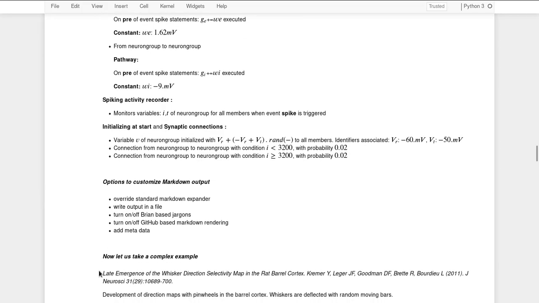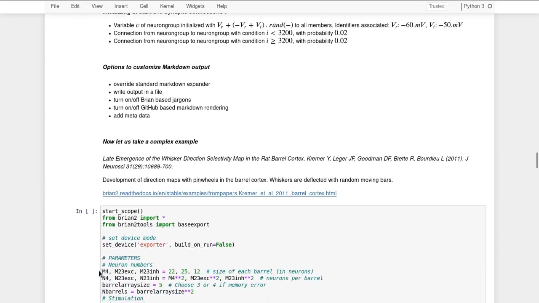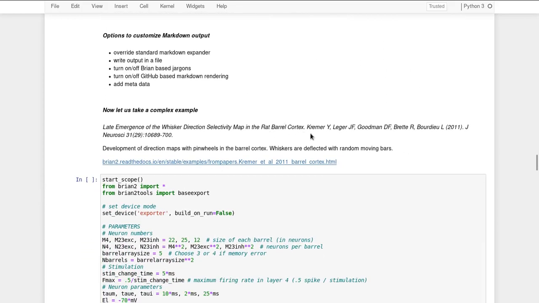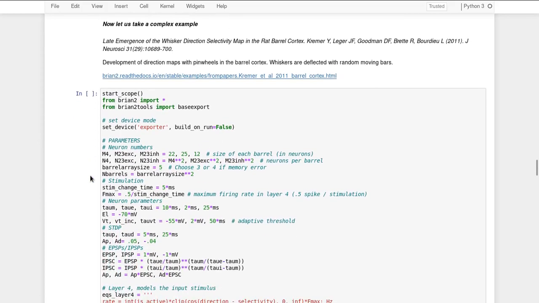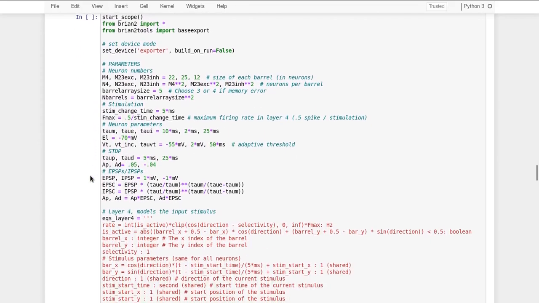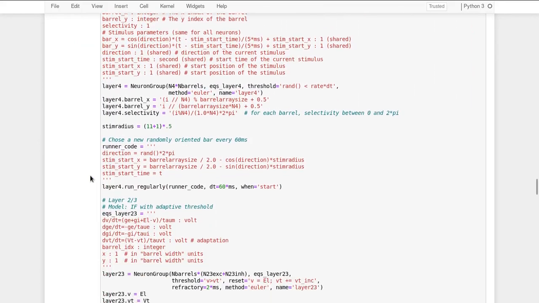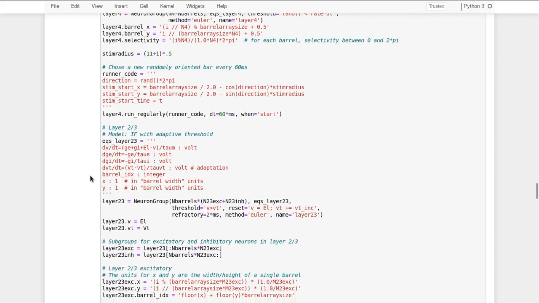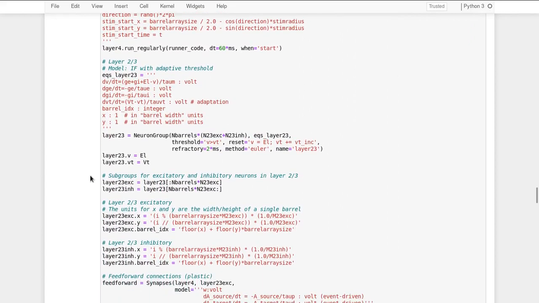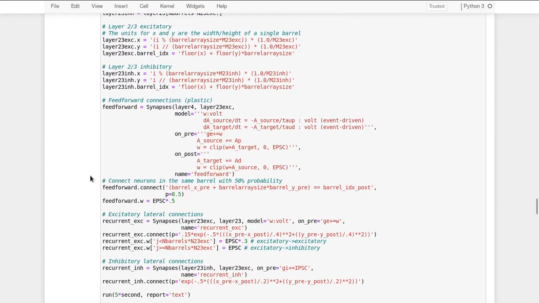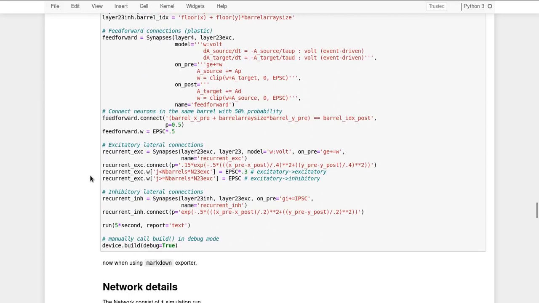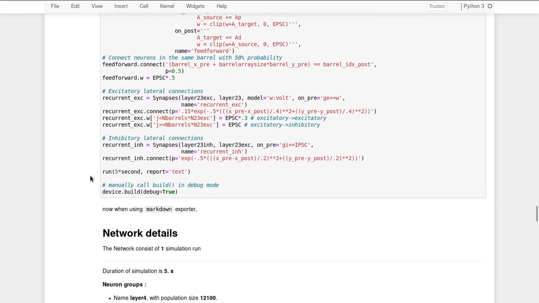With this, let's take a bit more complex example. Let's take the Kremer 2011 paper, which has a lot of parameters defined and a lot of equations in it. With the code collected from the Brian documentation, we add the base export mode and run this code.